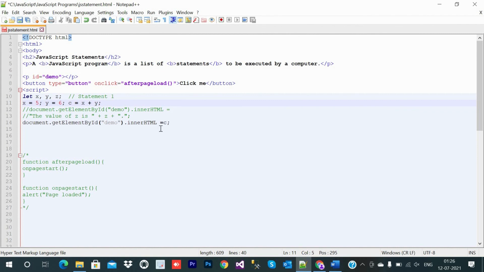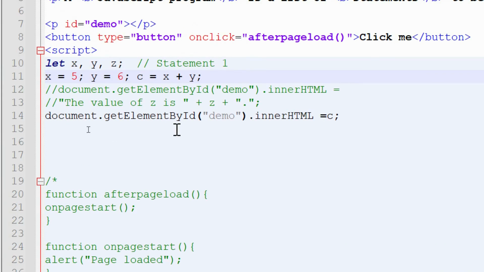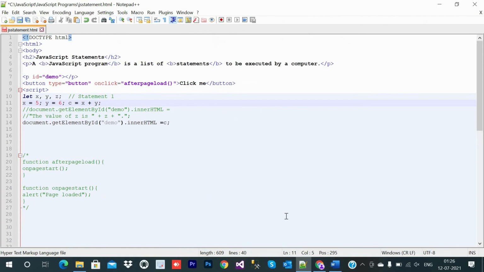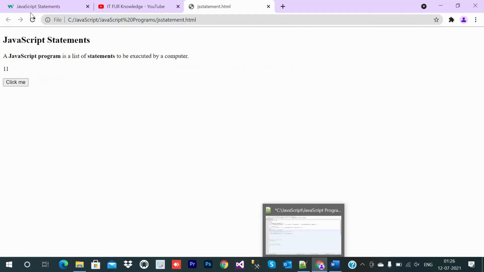Here we are displaying with document.getElementById. We are printing the value of c. The value of c is the addition of x and y, and it is 11. As you can see, 11 is displayed.